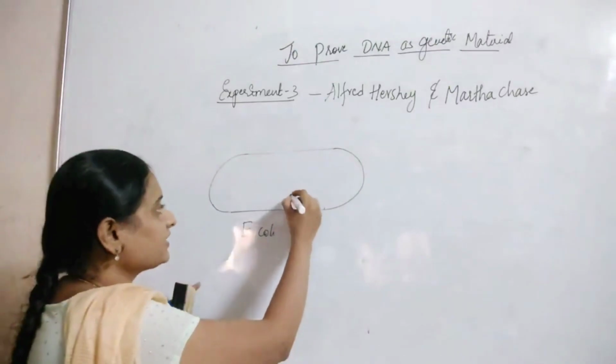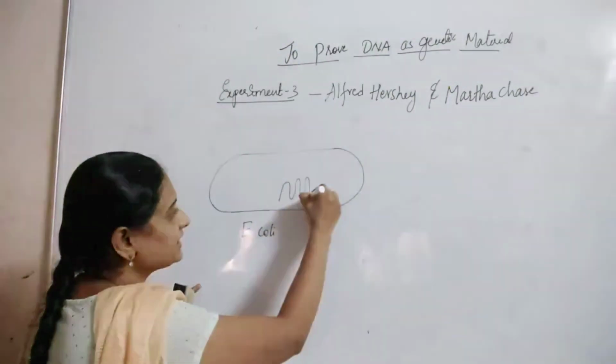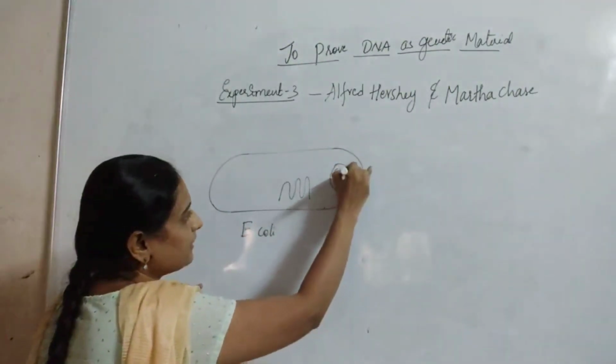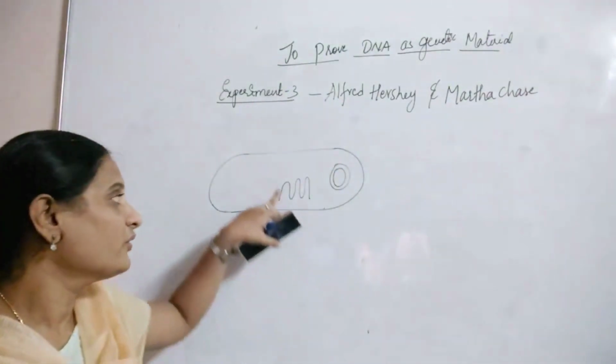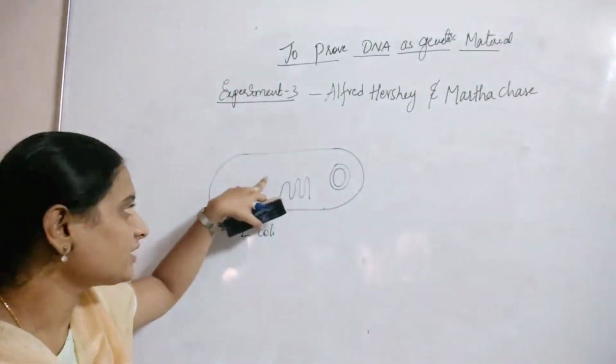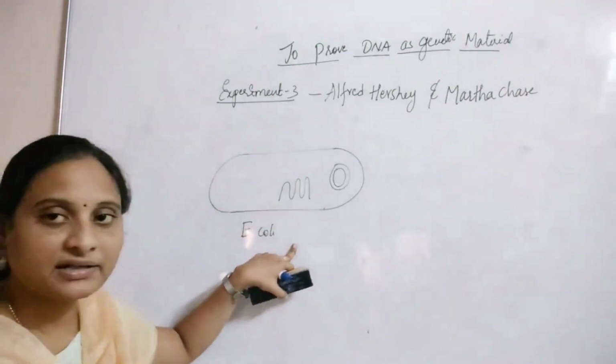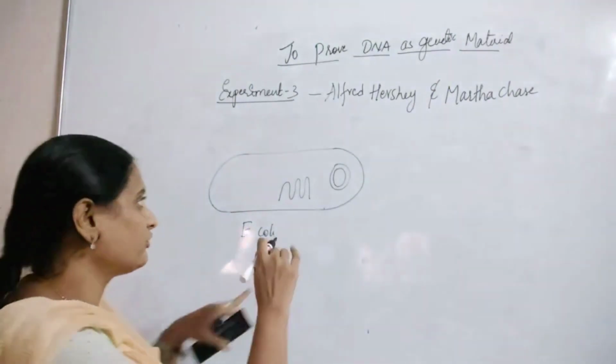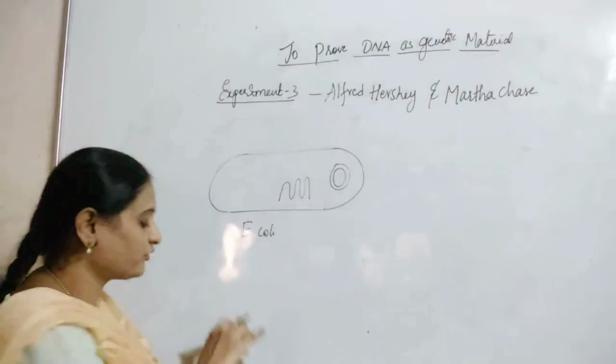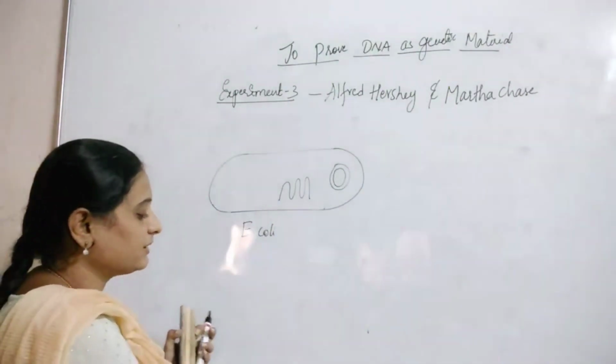So E. coli bacteria has its own chromosomal DNA and plasmid part. What we are doing here is culturing the E. coli bacteria along with the T2 bacteriophage, which is radio-labeled